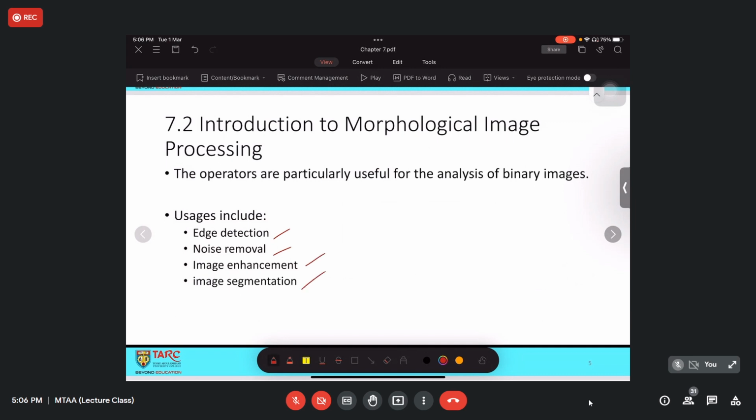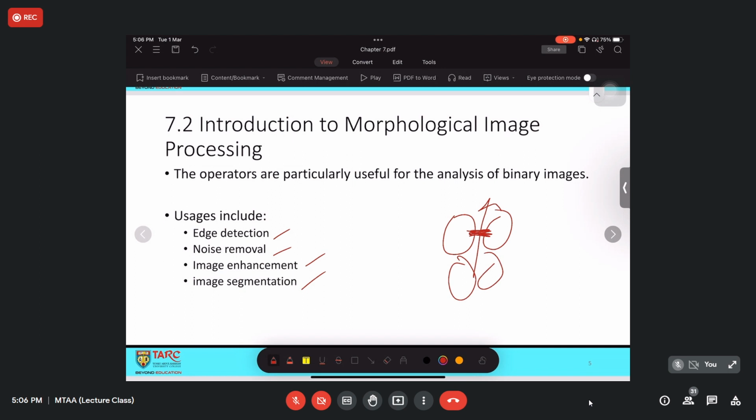That is why I say that erosion, dilation, opening and closing would be used for post-processing, but at the same time, they can be used to segment something else. For example, if you want to separate items which are connected together, you can apply the morphological operation to separate them and segment two different objects individually.